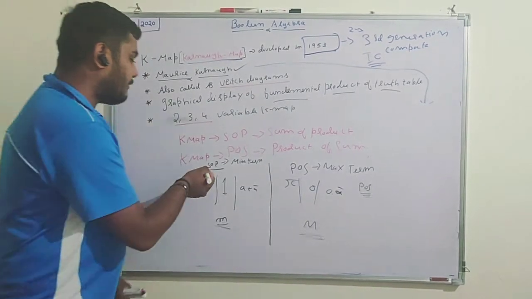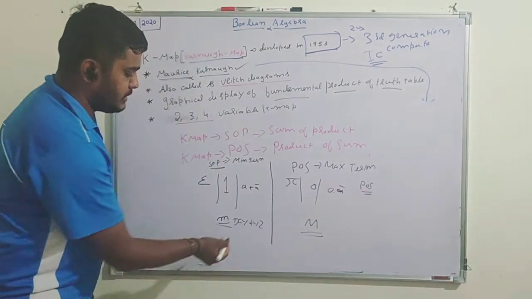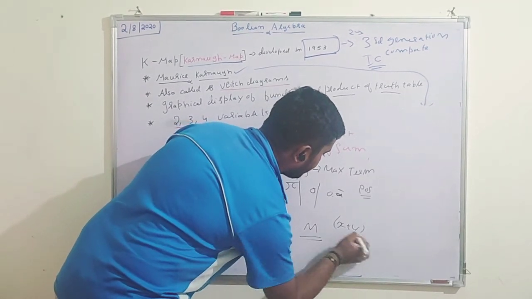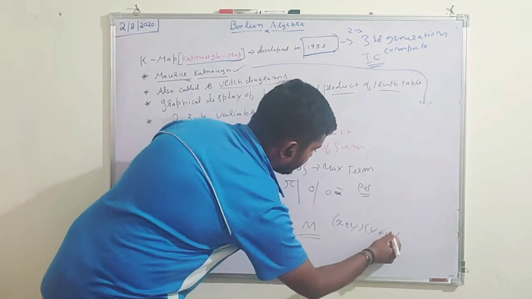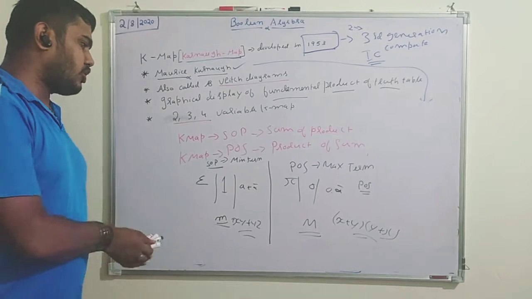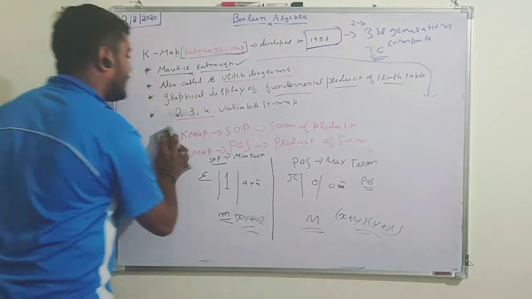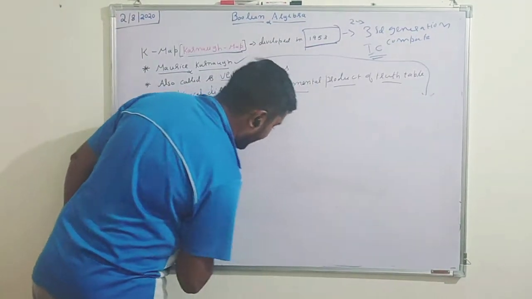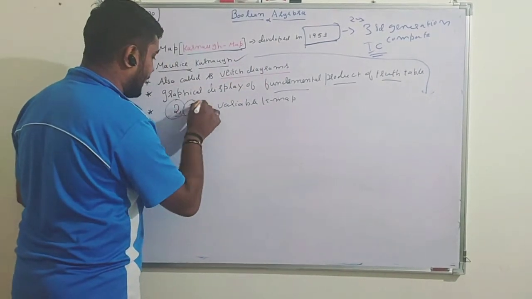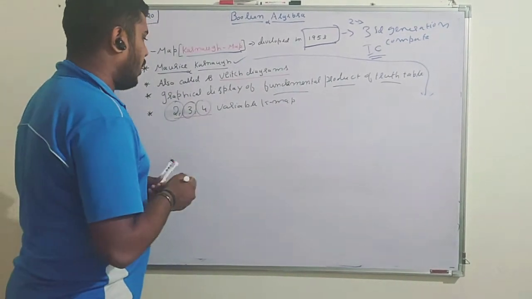One more thing: when I say a min term, it will be xy plus yz. This is a min term. When I say a max term, it will be (x plus y) into (y plus x). So this is the min term and this is the max term. This is a brief recall of min term and max term. Now let us continue with our K-map. As I said, we can reduce the expression in 2 variable format, 3 variable format and 4 variable format. So let me show the representation and how to draw a K-map.